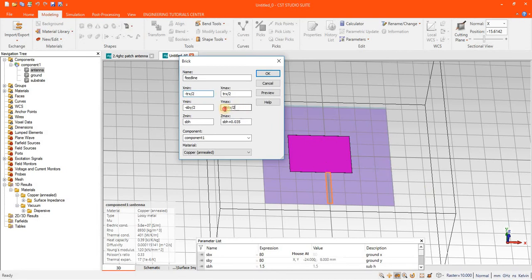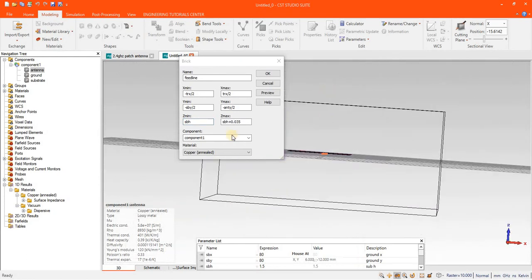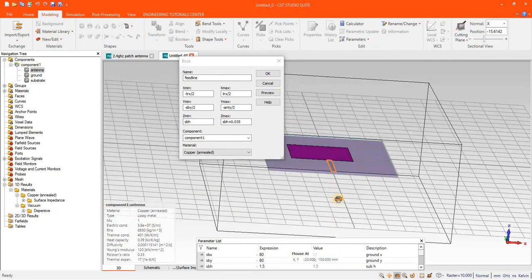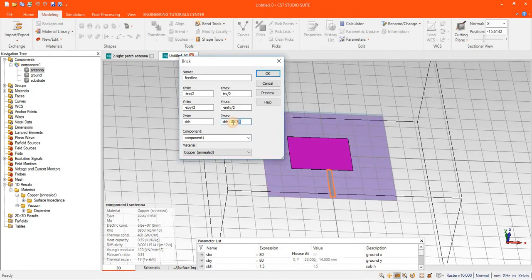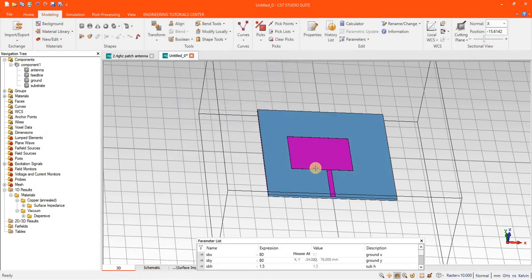So the negative of the substrate variable has been assigned. Similarly, the upper position, the z-axis dimension: the starting point is above the substrate, and the height of this transmission line is the same as the antenna, the same as z maximum. Just press OK.